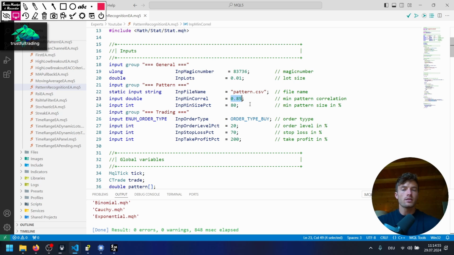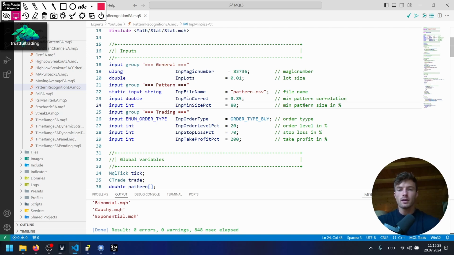Yeah, this is the threshold for the correlation. Of course, we will also check for a negative correlation and flip the pattern around, basically, for short positions. So also a correlation of minus 0.9 would be fine to take some trades. Now with the minimum size here, as I said, I want to avoid a big size difference of the pattern